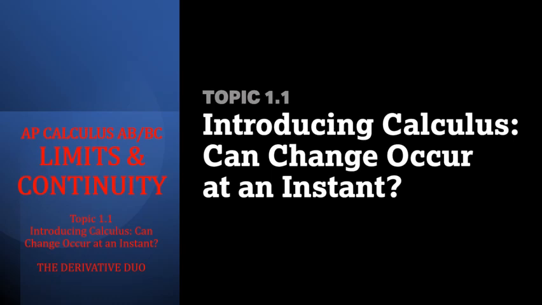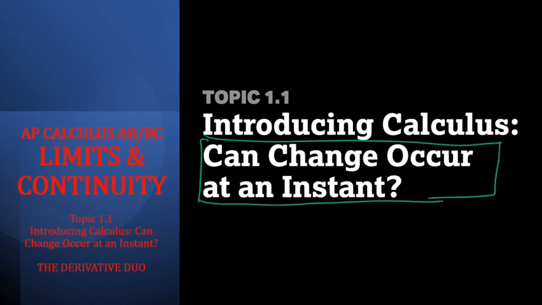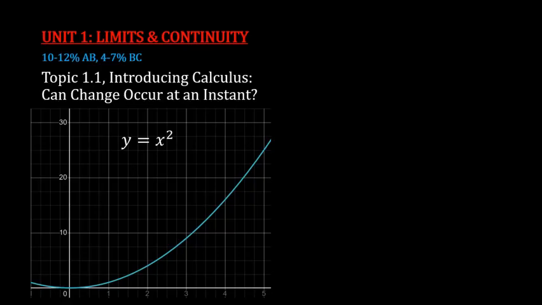So you've just started AP Calculus AB or BC, and you are just beginning to understand what calculus is. So the key question in calculus is to answer this idea: can change occur at an instant? Calculus is the study of change, and through this first unit, limits and continuity, you're going to understand exactly what that means. Now, as we get started here with topic 1.1, introducing calculus, can change occur at an instant, we're